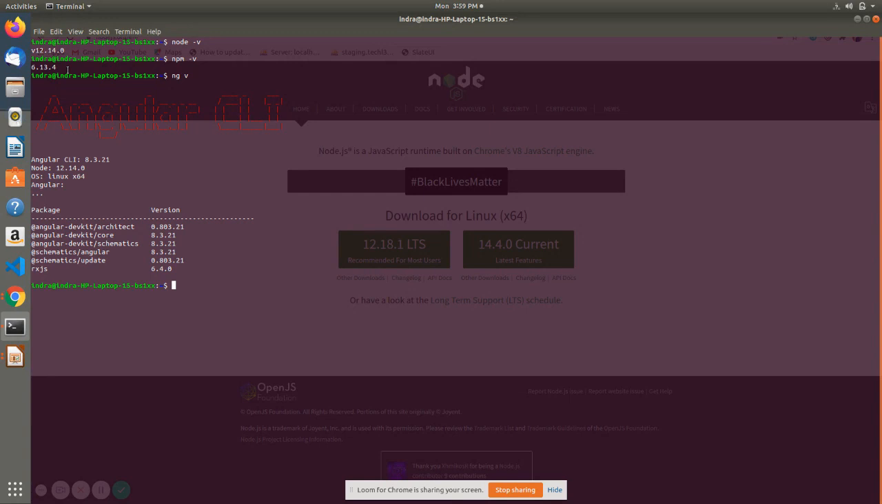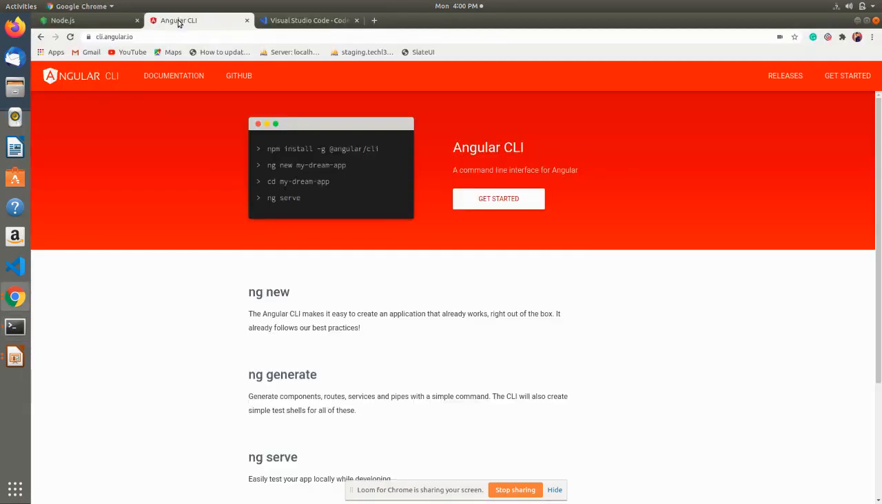Okay, now the next step is to install the Angular CLI. Angular CLI is basically a command line interface. To install Angular CLI, you have to go to cli.angular.io. Here you can see